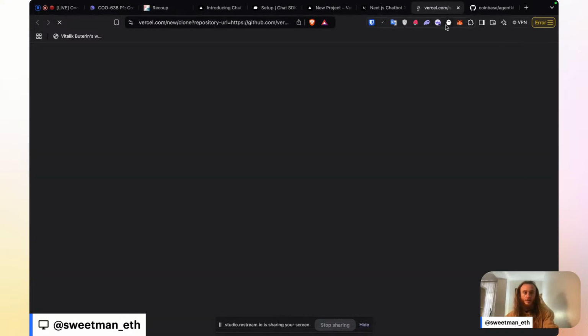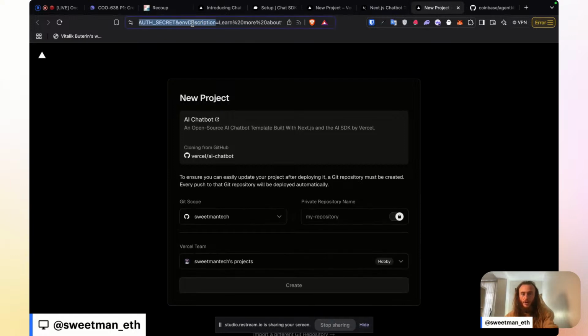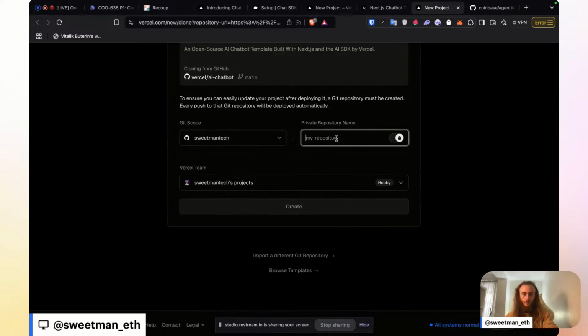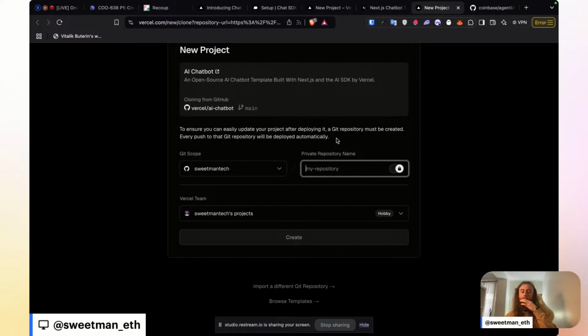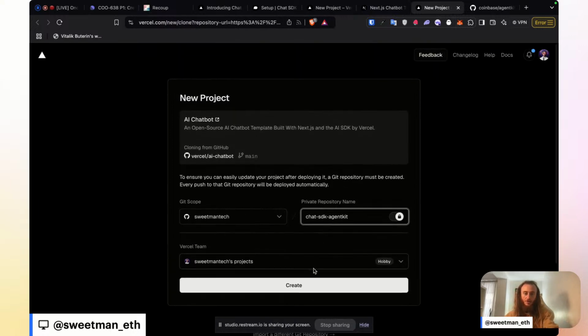Let's try this one more time. I'm going to click this Vercel button. It looks like I see a URL in the top right, so I think I'm going to try to just go directly to the GitHub repository instead of whatever it is they're trying to get me to do, because, oh, is it working now? Let's call this Chat SDK AgentKit. It looks like it's now working for me. Don't know what the difference was, but